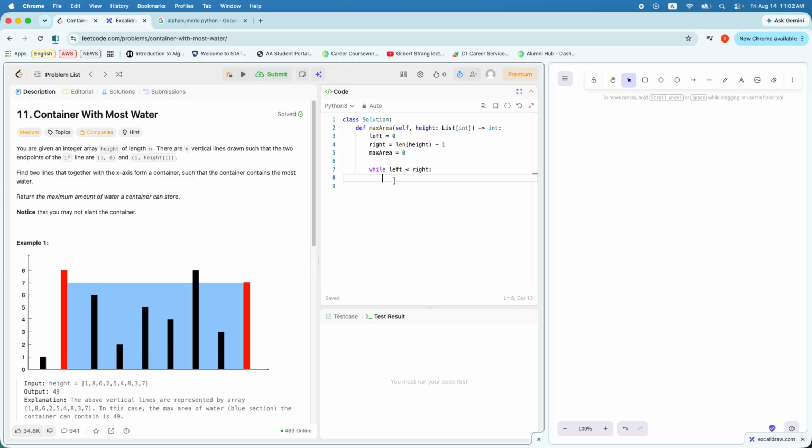So each time we need to calculate the area between the two lines. So to calculate the area between those two lines, we need to get the height of that area